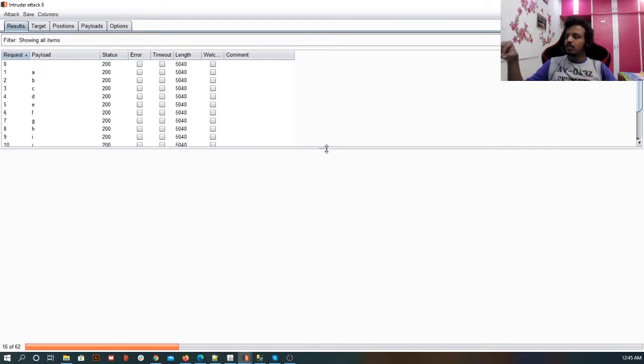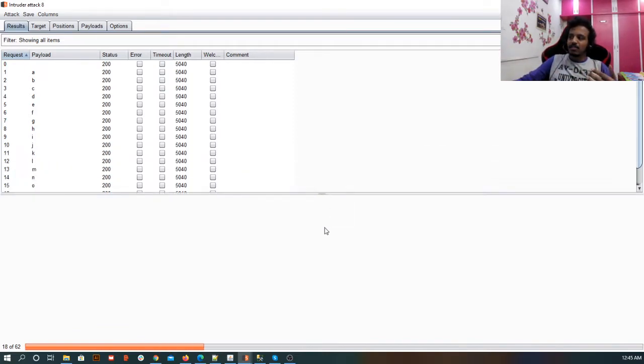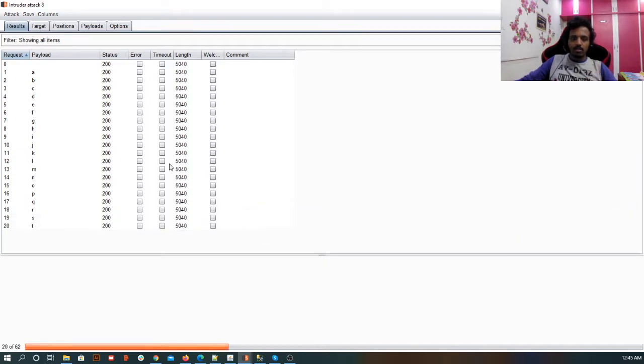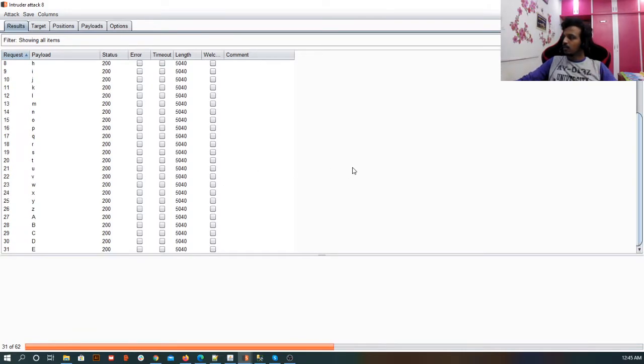But the intention of this lab is to make us understand how we can use different features of this Burp Suite, and also what is blind SQL injection, and one of the possible methodologies which noobs like me can understand in the initial phases. Okay, yeah, let me see if we got anything. Not so far. Overall we have 62 requests for each character, or each place.